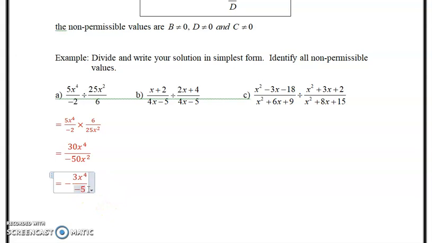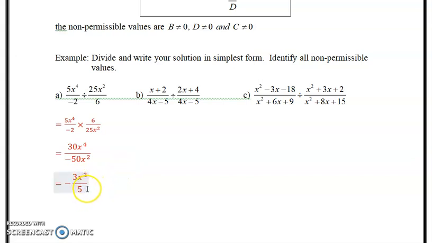So you can put it as 3/5 with the negative out front or the negative in the numerator. I wouldn't leave it in the denominator. And then the x to the power of 4 divided by x squared leaves you with x to the power of 2. We subtract the exponents, don't divide them, subtract them. So we're left with